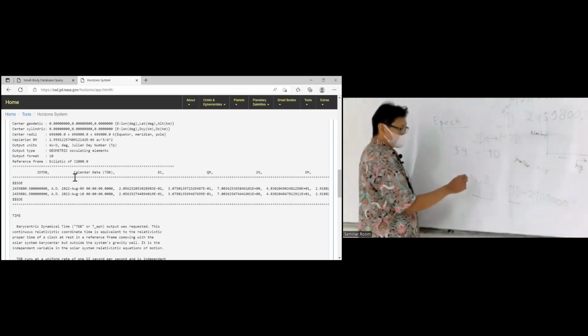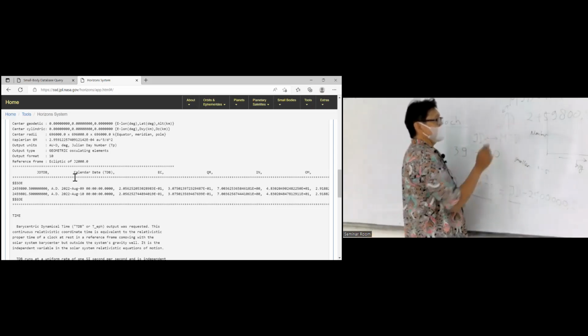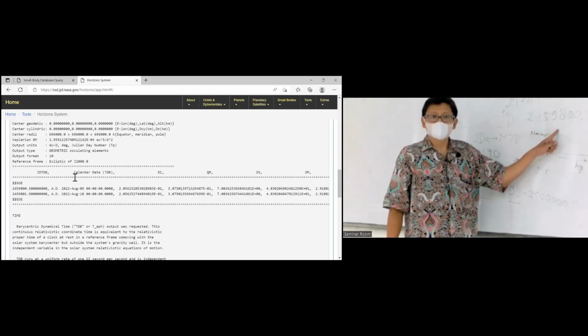It is a convention because if we write in JD, many digits are used.